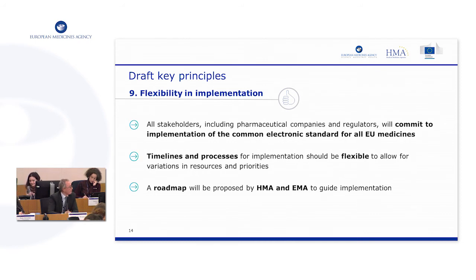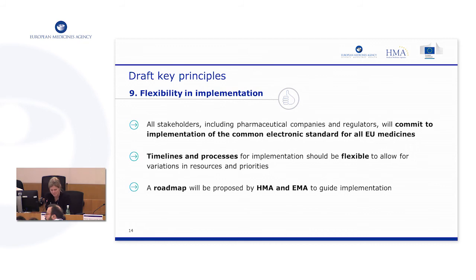Yeah, I think this is an interesting key principle, because somehow we have just been talking about all the benefits of the EPI format. We have found lots of proposals even to expand the potential of the EPI, as well as linkages to other systems. And now if we are faced with the reality of possibly a multi-speed implementation, I think what is being referred to is at which stage in the evaluation procedure you would actually engage with it. So I don't know, are there any specific suggestions, comments, support?